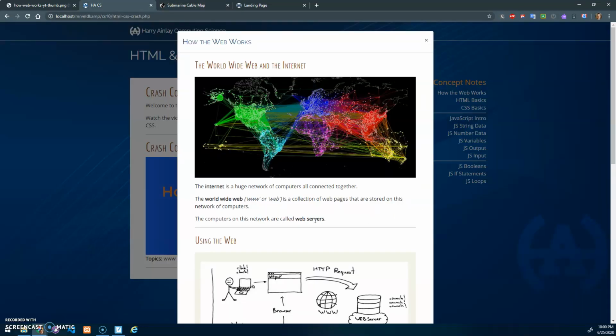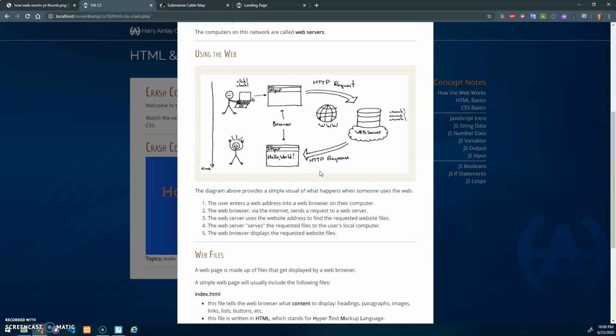So we've got this huge network of computers. The computers are called web servers, and the World Wide Web is all of the web pages that are stored on those computers. When we use the web, you type an address into your web browser, and that basically uses the internet to connect to the World Wide Web. We're asking these web servers that store all the web pages, hey, please find the web page files for this specific address. And it'll say, okay, crunch, crunch, crunch. It'll search for it, find it, and then return the results